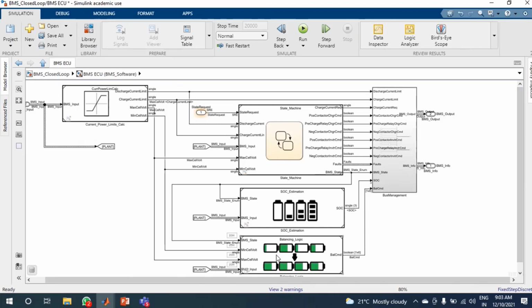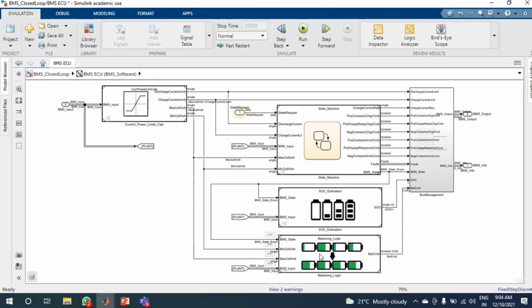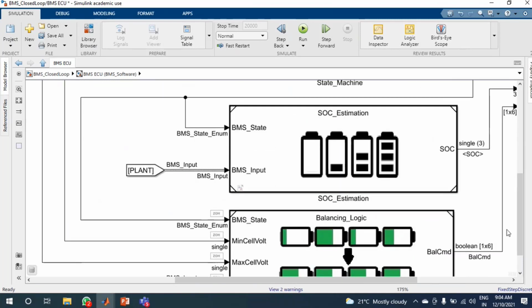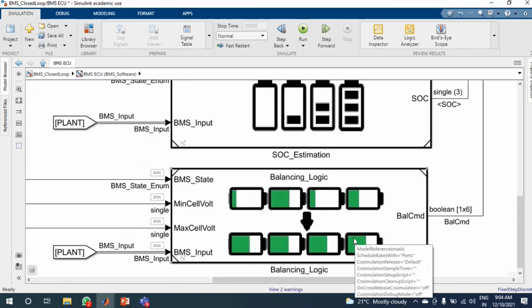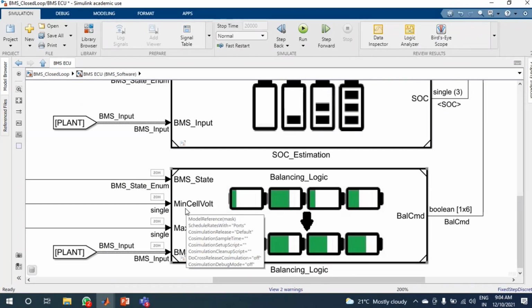In this one especially, I hope you are able to see, it's a very small screen here. I can just maximize this. Yeah. So here, first of all, is the balancing logic. First of all, we come to know the minimum cell voltage. We are monitoring at the cell level. What is the maximum cell voltage?